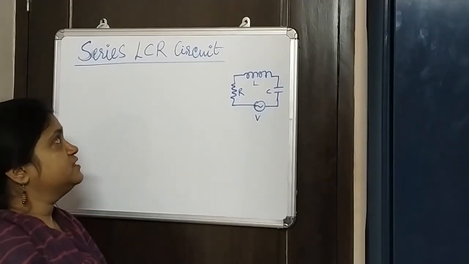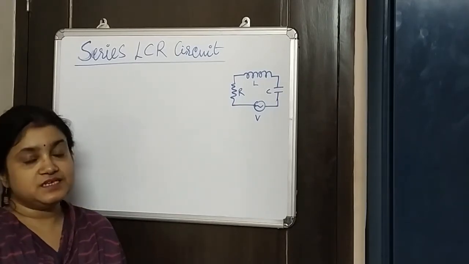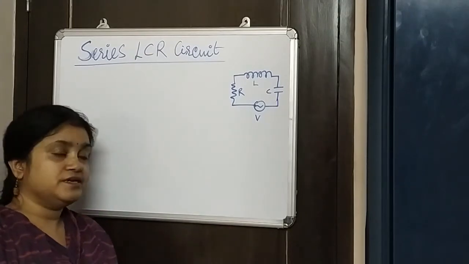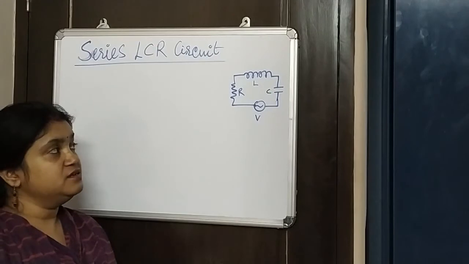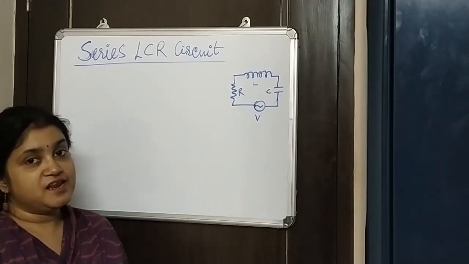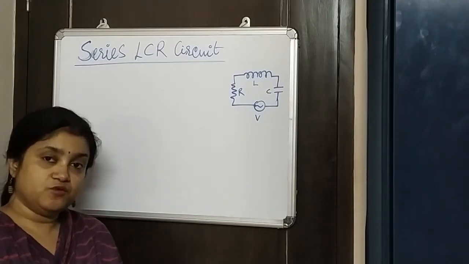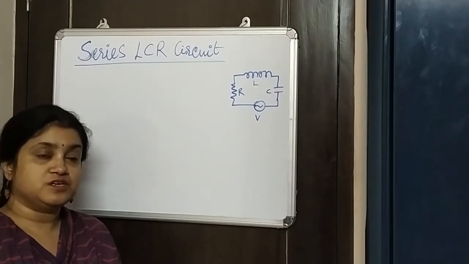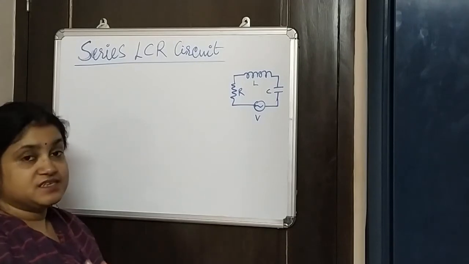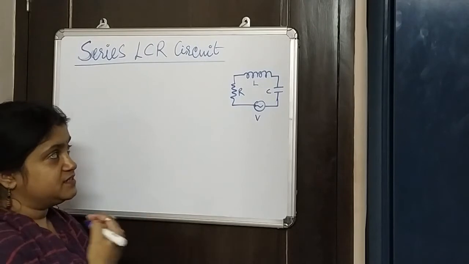We are going to start with series LCR circuit. In previous cases we have seen a single resistance, a single inductor and a single capacitor circuit, and we have seen and analyzed what will happen if we give an AC source voltage to that particular circuit. Now we are considering a circuit where we have all the three components, that is inductor,